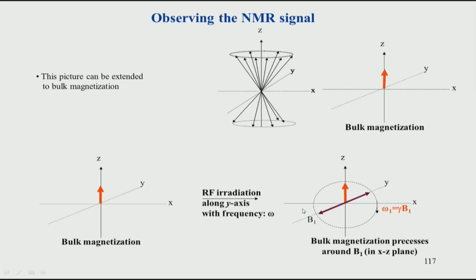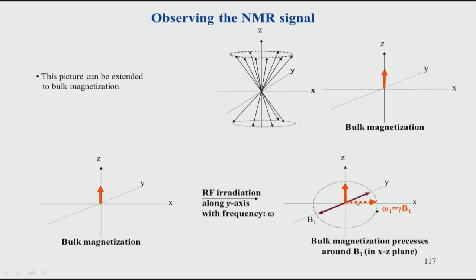Remember in NMR, we use B0 for the external magnetic field which was applied along the z axis, that is the main magnetic field. But the small magnetic field which I applied, the RF radiation, has a magnetic component, and the strength of that field is given by B1. In the rotating frame, this vector moves around this B1 value. When it comes by 90 degrees, we say it is a 90 degree flip angle.